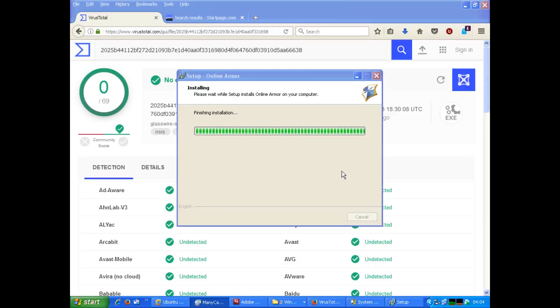I'm just putting an older version of Online Armour on it. It's one of the earlier versions before they discontinued it, because the later versions you can't install them at all because they activate online. But I think this is the older one that doesn't need to be activated online. I just needed a better firewall than what Windows gives you, because it's crap. 32. I don't know if it'll install it in 64-bit. It should do. Didn't give me any errors, so